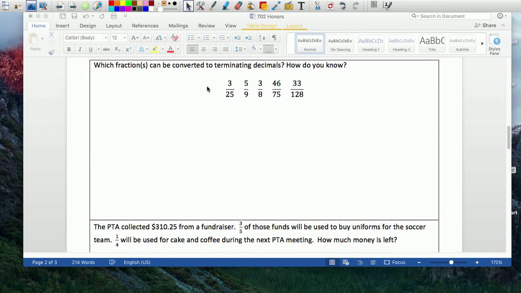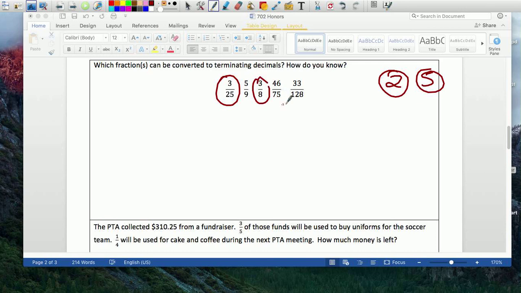So which fractions can be converted to terminating decimals? How do you know? Well, remember we talked about, if my denominator has prime factors of just 2's and 5's, it will be a terminating decimal because I can change that fraction to something over a power of 10, and that I know I can change to a terminating decimal. So 5 over 9, no, because it has a 3 as one of the prime factors. 8 is just 2 times 2 times 2. That works. 75 is